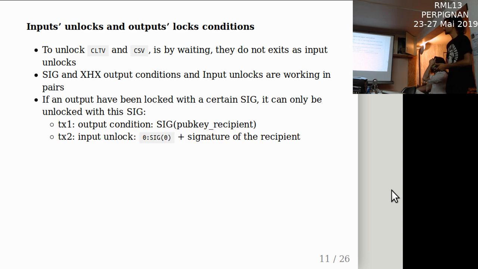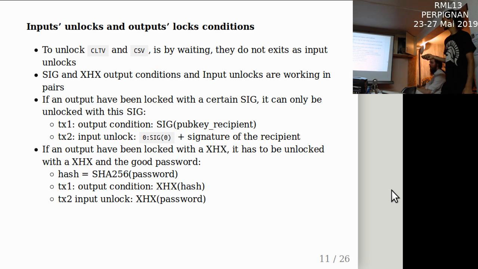For instance, with the SIG condition, if someone in transaction one wants to send these sources to someone else, they will put the pub key of the recipient into this condition, and then the recipient of this transaction, who wants to use these sources, will have to use this SIG to unlock it, and append at the end of the document, as I showed you, their signature. Did you get it? Yeah, no? Okay.